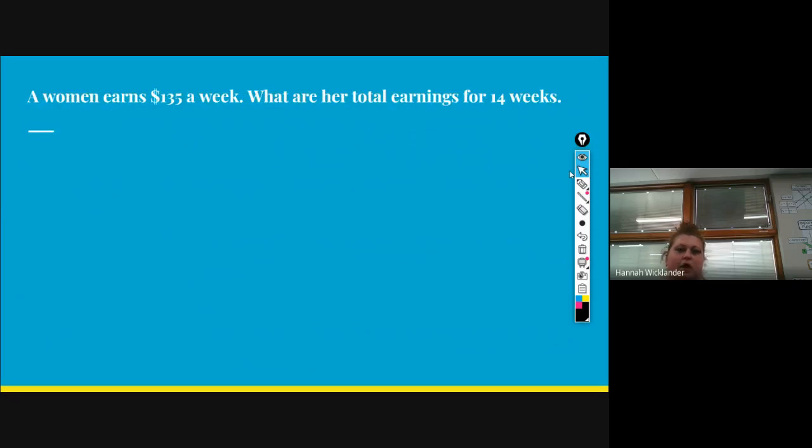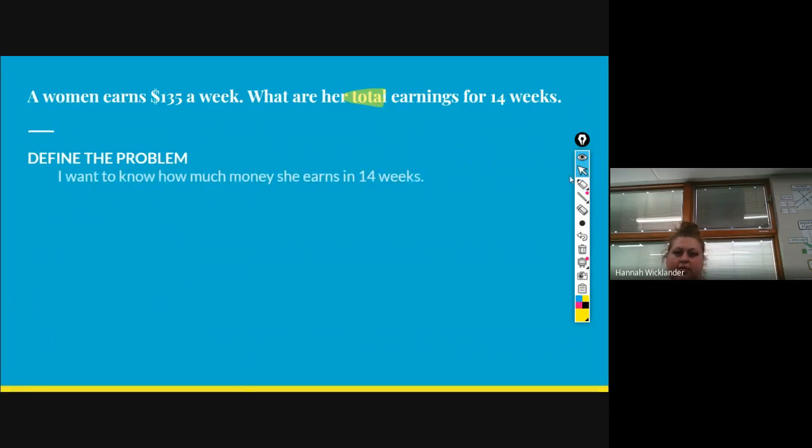Last example. A woman earns $135 a week. What are her total earnings for 14 weeks? So define the problem. I'm asked to find her total earnings. And I see the keyword total. So I think I'm going to use addition. But actually,